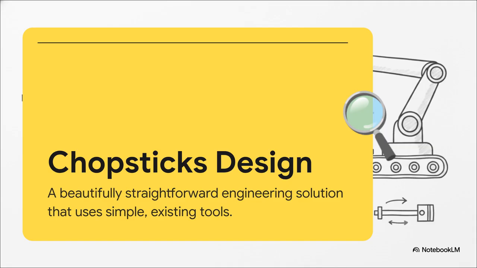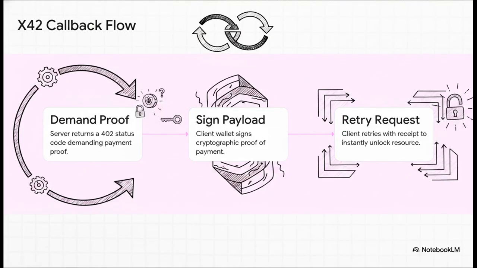Instead of building a massive monolithic smart contract system that drags around all that legal bloat, X42 acts as a simple webhook architecture. It completely bypasses the mess by relying on a beautifully straightforward client callback mechanism. So it breaks down into this really ingenious, simple callback loop.